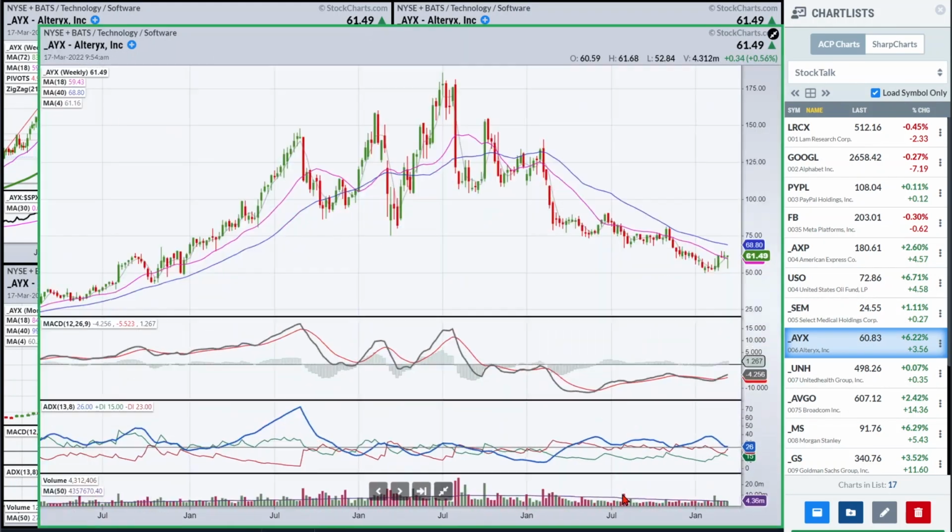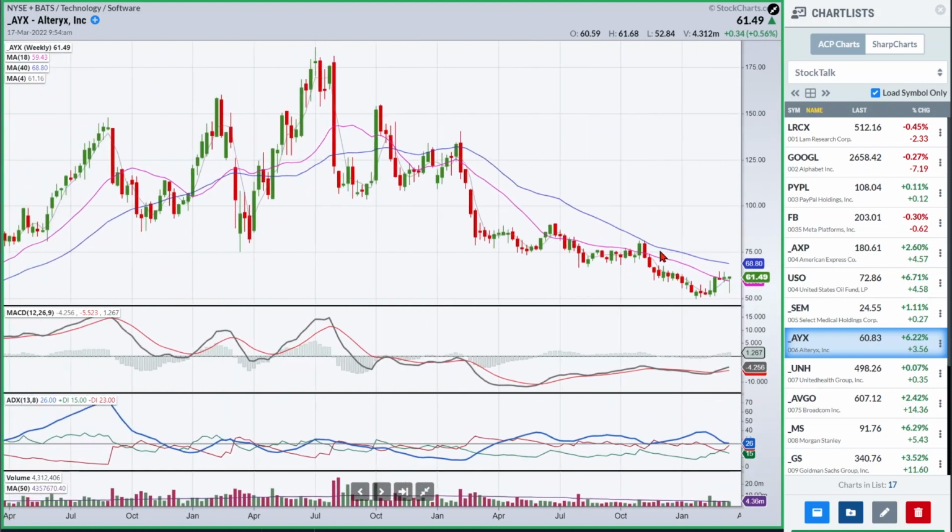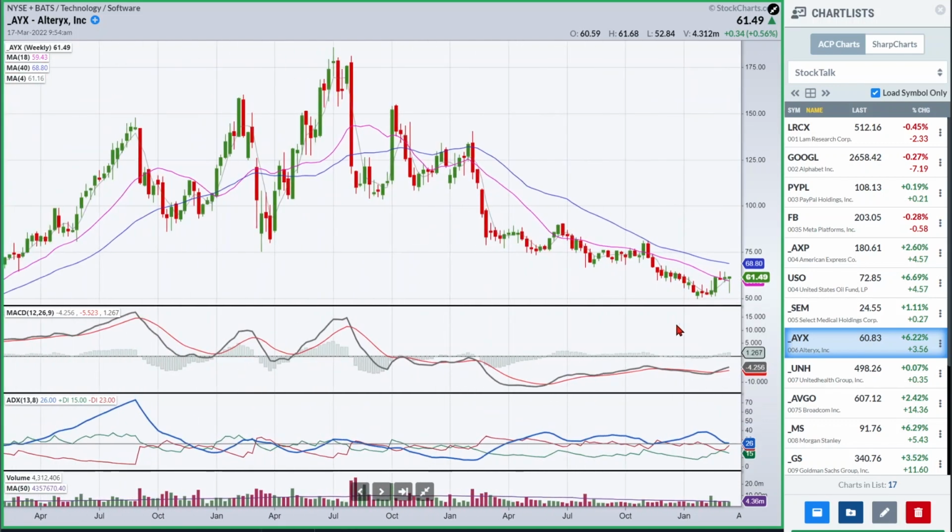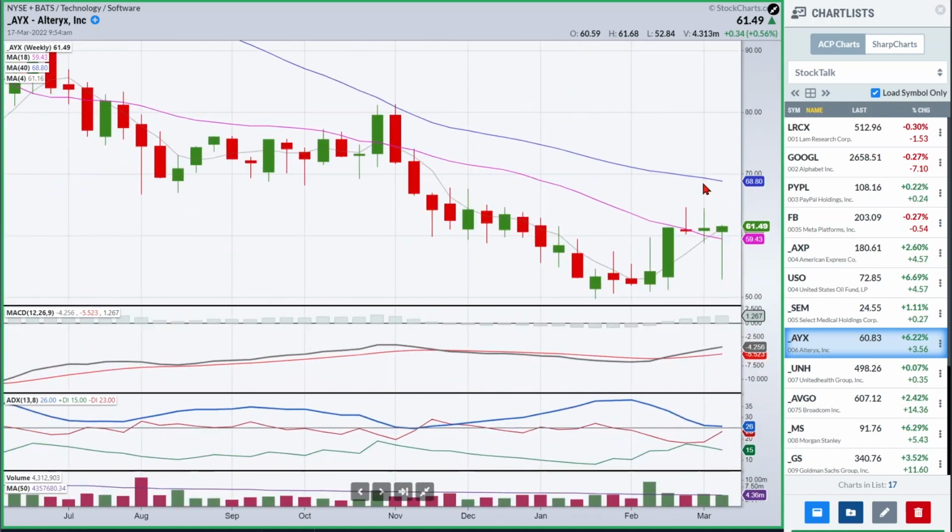Okay, AYX. Again, the question was, does the divergence here eliminate the trade, the potential trade at the 18 as a short play? Both of these were short ideas, okay? I would say the answer is no. Yes, there's some divergence there, but if you're doing it as a swing trade, that's not what bothers me.